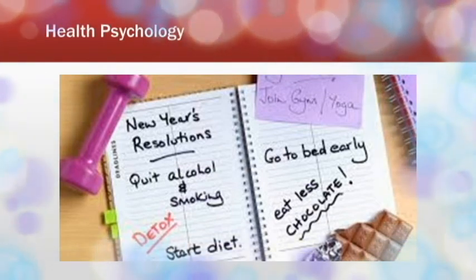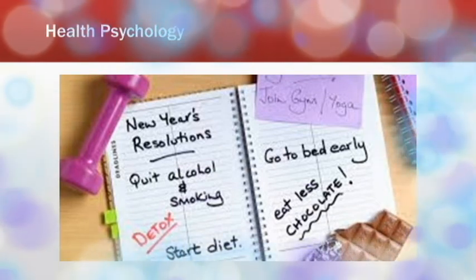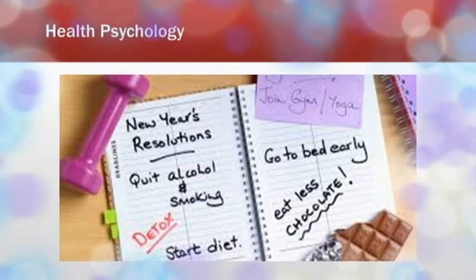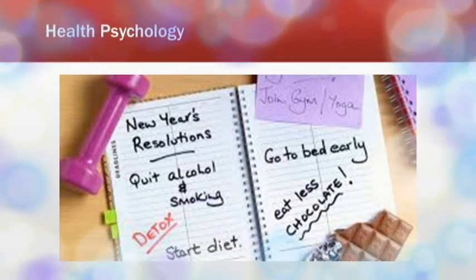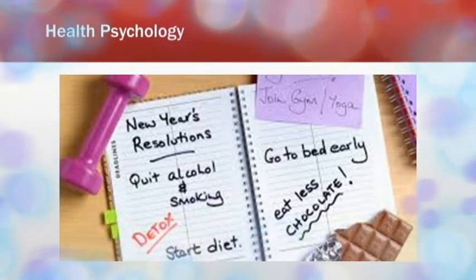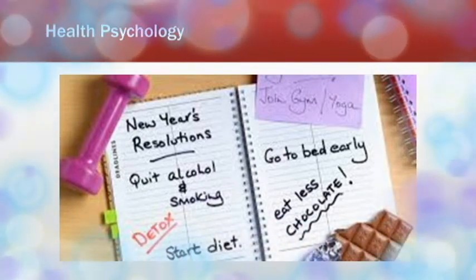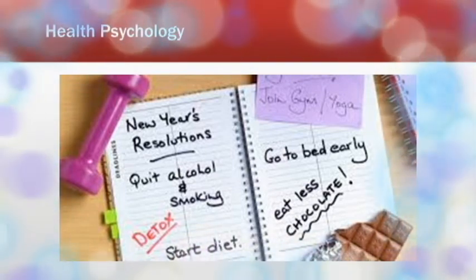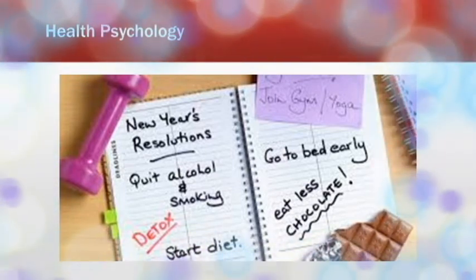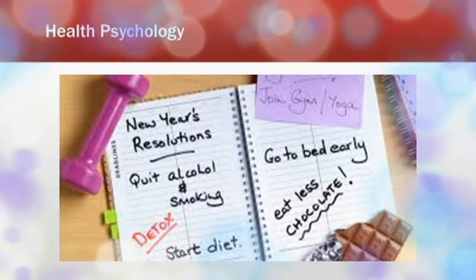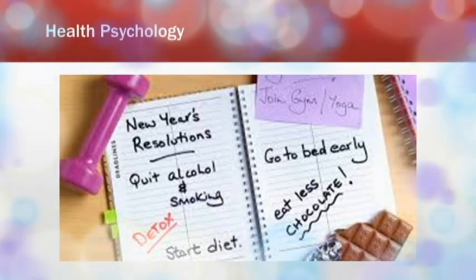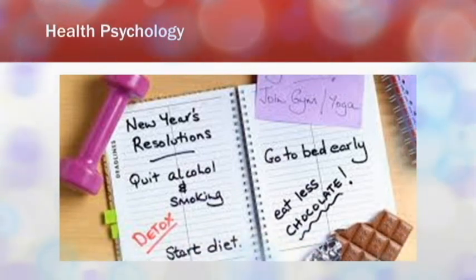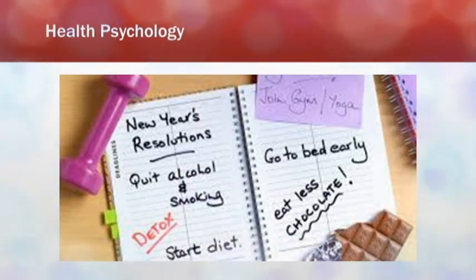So then we can ask the question, what is the relationship between the mind and the body? The 20th century has seen a challenge to the traditional separation of mind and body, suggested by a dualistic model of health and illness, with an increasing focus on an interaction between the mind and the body. And this shift in perspective is reflected in the development of a holistic or a whole person approach to health.